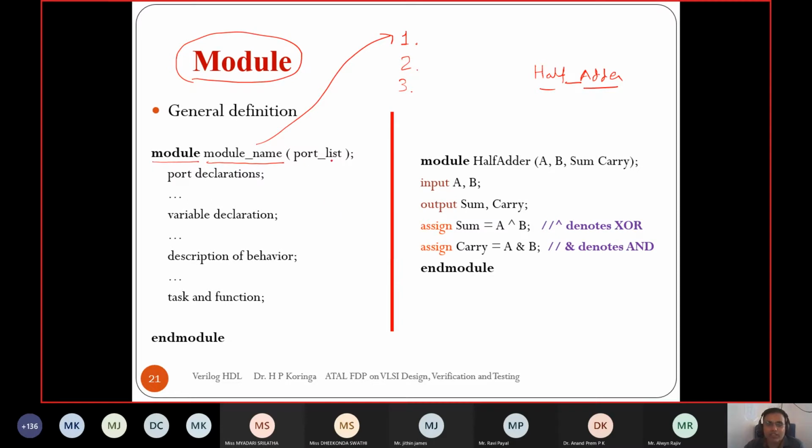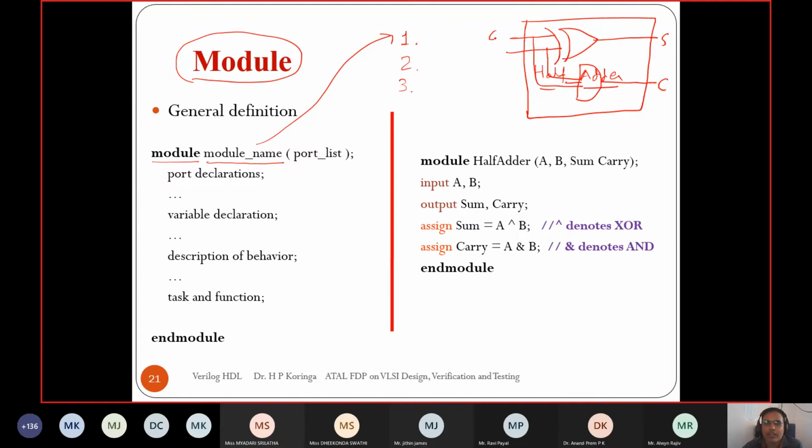Then in brackets we have to specify the port list. If we are implementing a half adder, we know it has the XOR of A and B, which is our sum output, and the AND of A and B, which is our carry output, and it has two inputs.